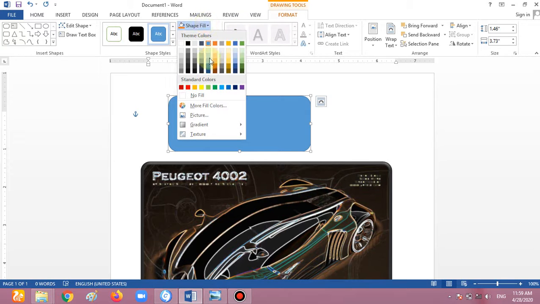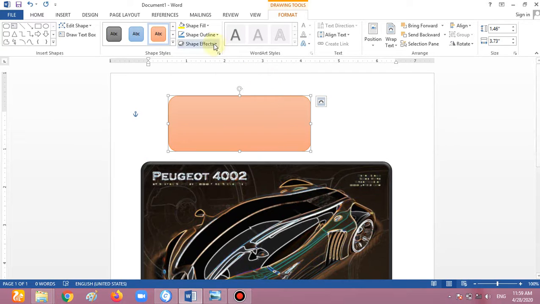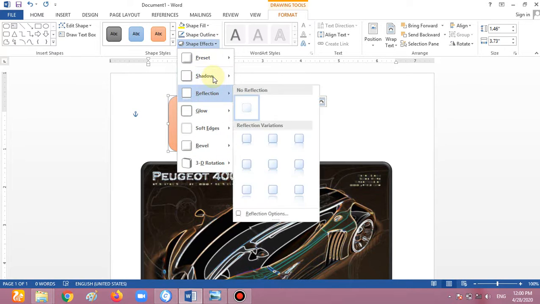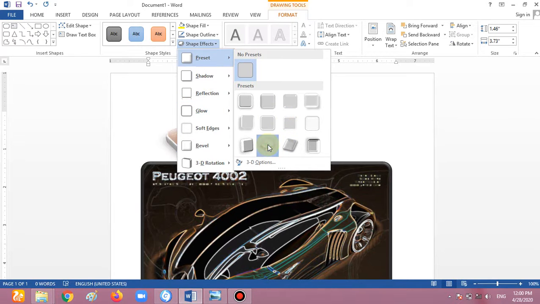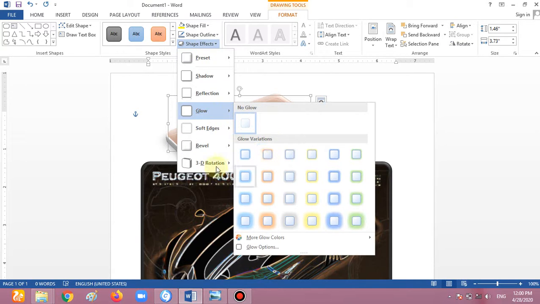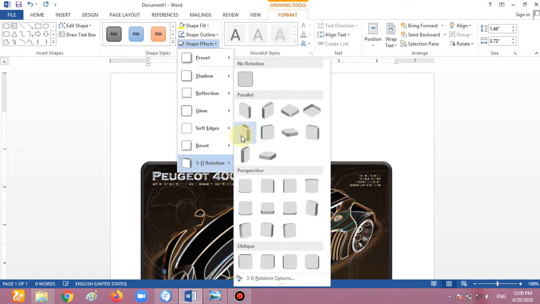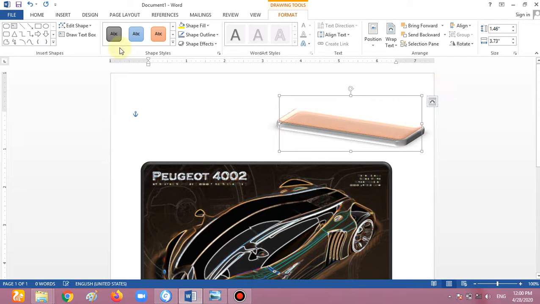There is also background color. If we want to change the background color, then there is a background color. There is so many designs, so many effects, shape effects. All these things we also do with the pictures also. Look at this one. These are the effects which we are using: the glow effect, 3D effect. These are the effects which we do with any shape or any picture.